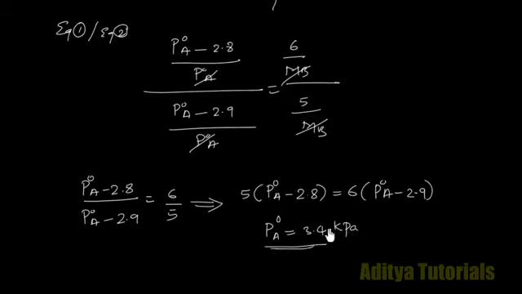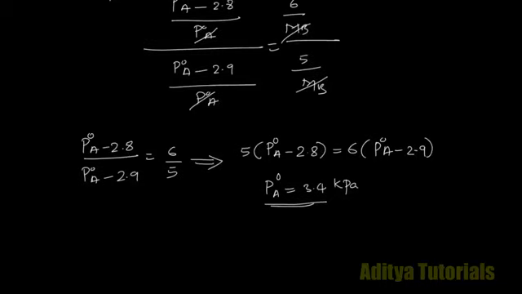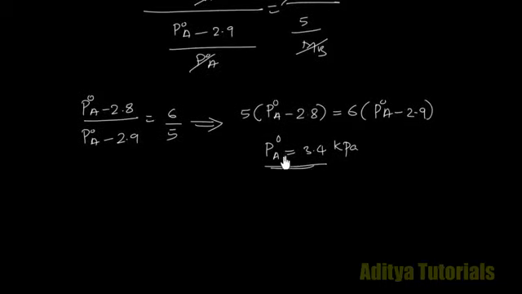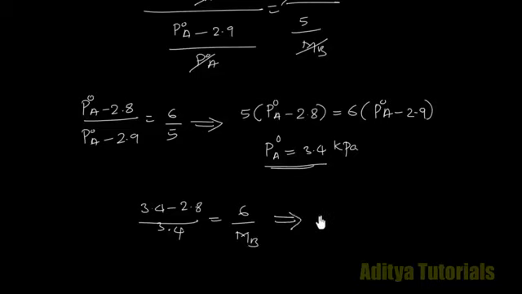This is the value of the vapor pressure. Okay students, this is water vapor pressure in its purest form. Substituting this value in equation number 1, we get here, in the beginning we have taken, (3.4 minus 2.8) divided by 3.4 is equal to 6 divided by MB. And this implies that MB is equal to